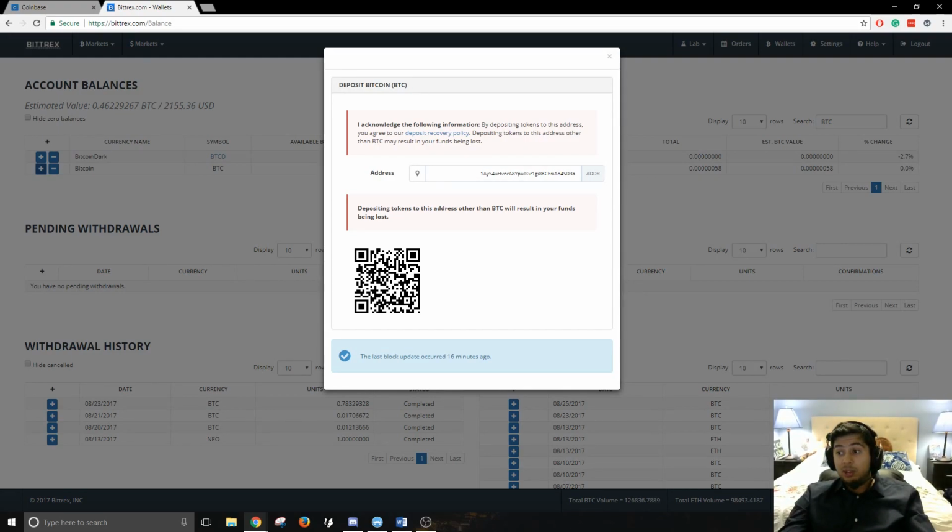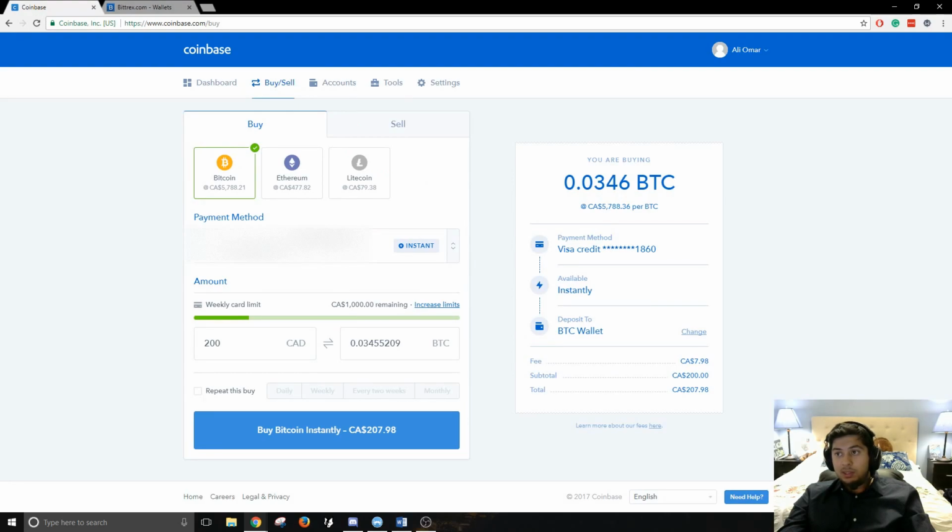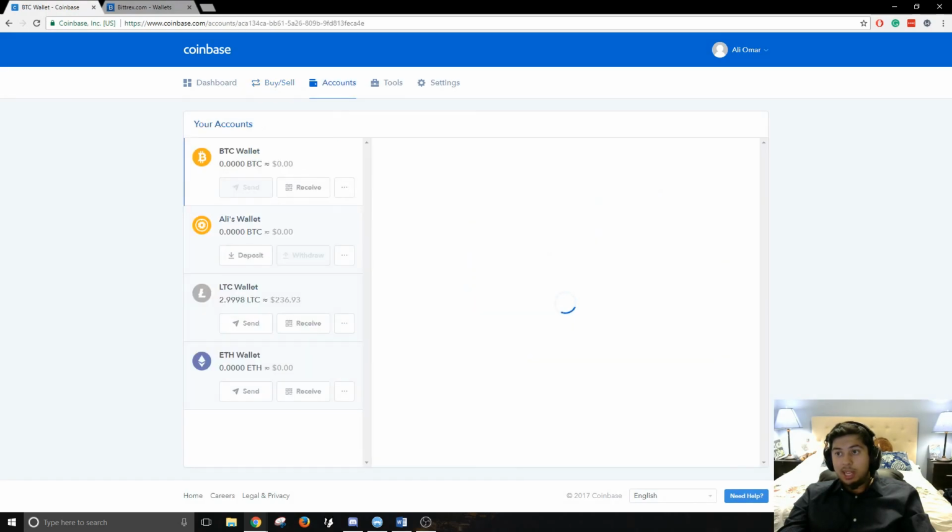The way cryptos work is if you want to transfer cryptocurrencies between different exchanges, you're going to be transferring them between wallets. This is the ID that identifies this wallet, and there's no other wallet in the world with the same ID. If you want to transfer Bitcoins to this Bitrex Bitcoin wallet address, this is the one you use. You're going to go ahead and copy this, go back to Coinbase, go to the Accounts tab, and